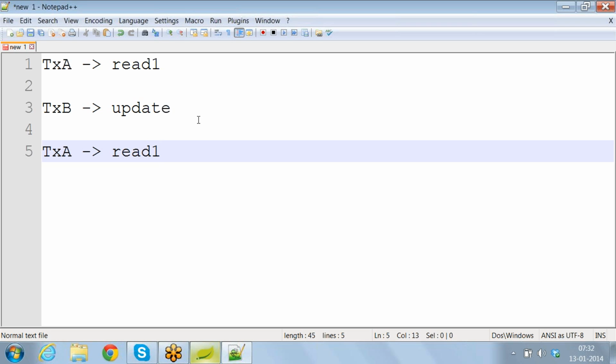Let's say the user who initiates the transfer,